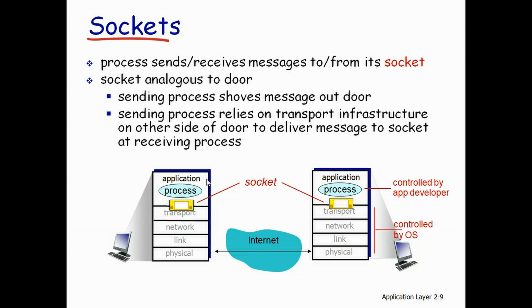So one thing is clear: the IP address is to identify your system, the system you are communicating with. And the port number is to identify the process with which you are communicating, to which you are sending the message, or from which you are sending the message. Now we know the system where I need to send the message, and also within that system which process I am targeting. So now both things are clear.